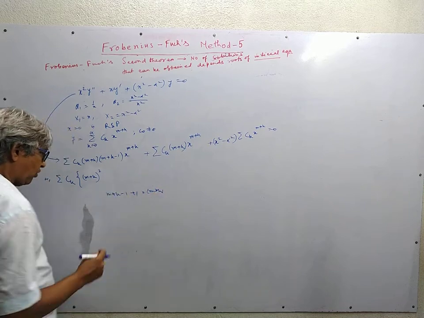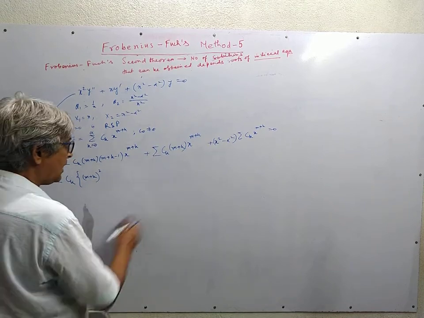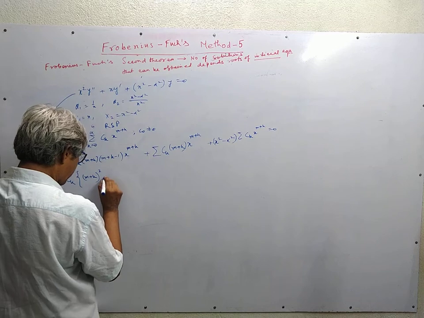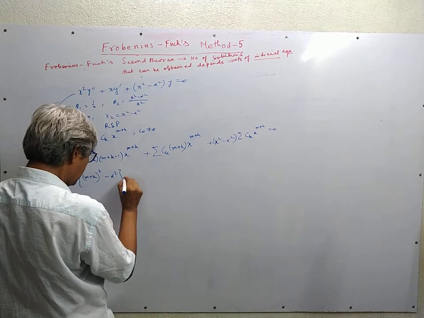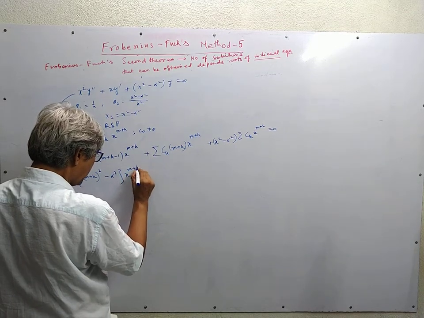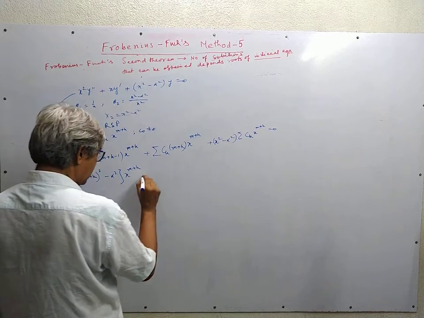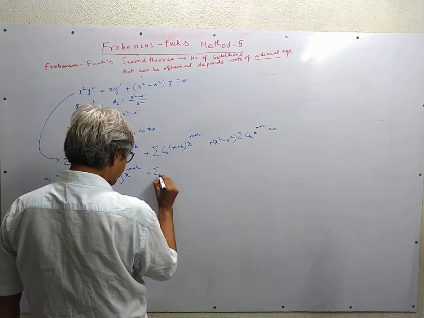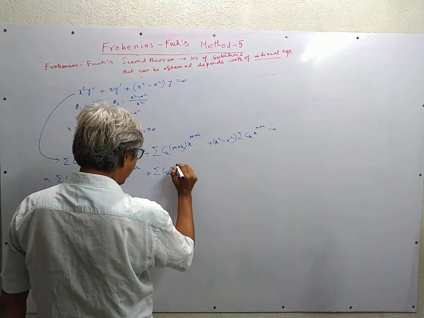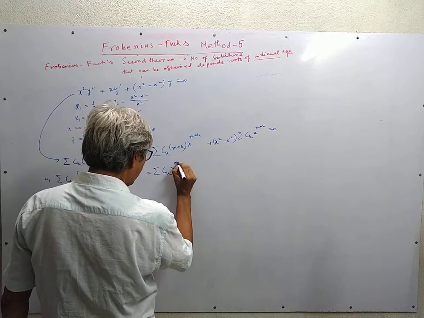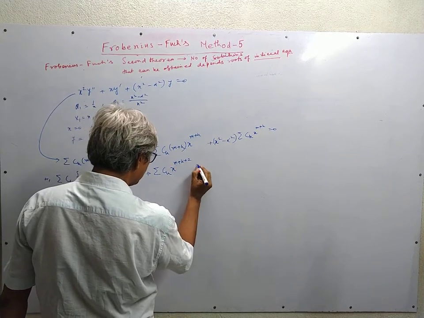So it is m plus k whole square, and from this we will have alpha square. And the other term is summation over k ck x to the power m plus k plus 2 is equal